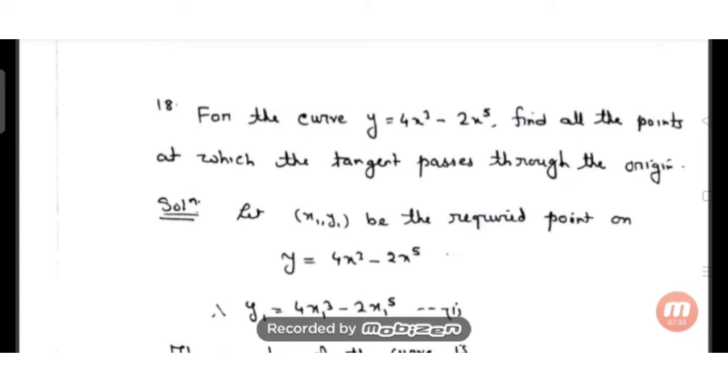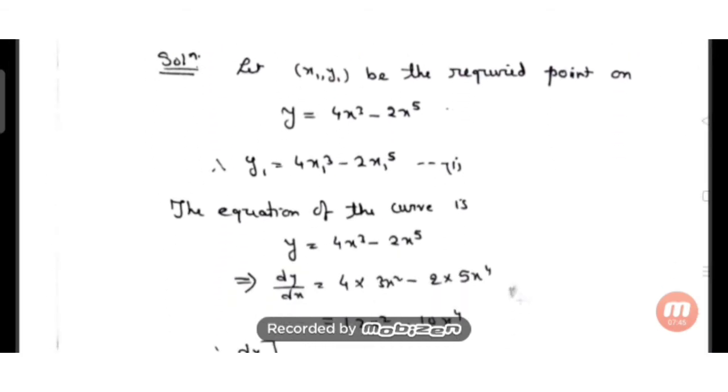Now our aim is to get the slope of the tangent, because to get the tangent, your aim is to get the slope of the tangent. For that purpose, we have to find the derivative. So I have written the curve. The equation of the curve is y equal to 4x cube minus 2x to the power 5. And getting dy/dx, we will have what? 4 is constant, d/dx of x cube is 3x square. Minus 2 is constant, it will come out, and d/dx of x to the power 5 is 5x to the power 4. Doing calculation, we'll have 4 times 3 is 12x square, 5 times 2 is 10x to the power 4.